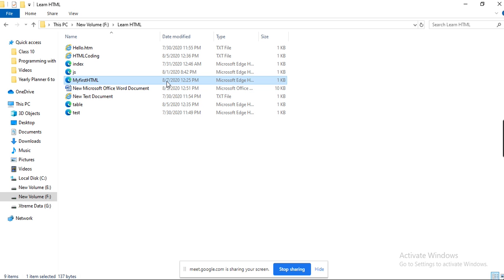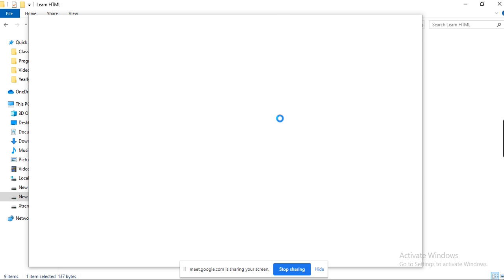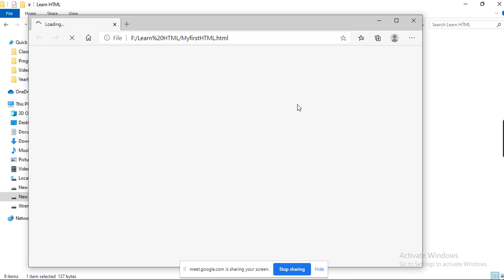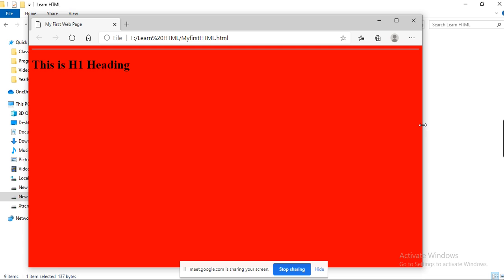Okay, just wait for a minute, our browser is starting up. It takes time for that. Yes, now it opens up. So you can see, are you able to see this browser web page? Hello students, are you able to see this web page?